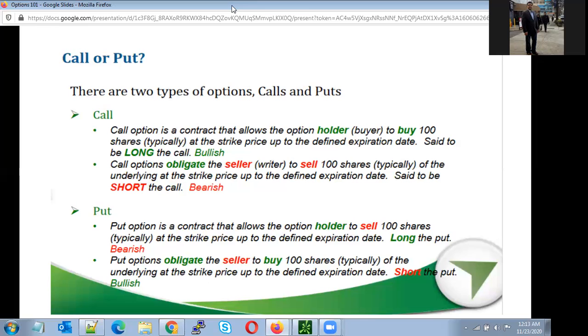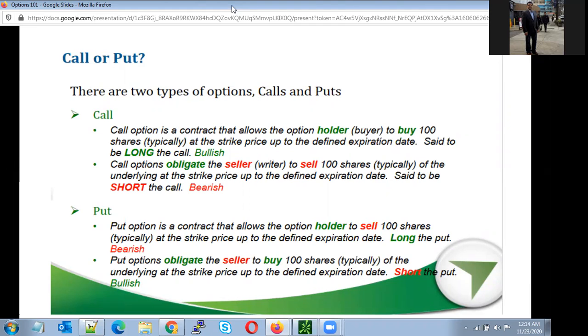So again, when you think the stock is going to go up, you are going to buy a call, you are going to be long on the stock, and you have a choice to buy this particular stock on this particular date in the future. And you are paying some premium for that. So the call buyer has a choice, the call seller has an obligation. Simple. If you are selling any contract, you need to fulfill that contract.